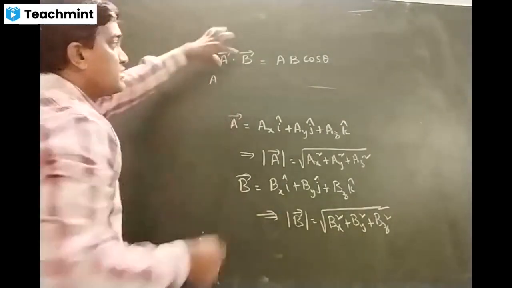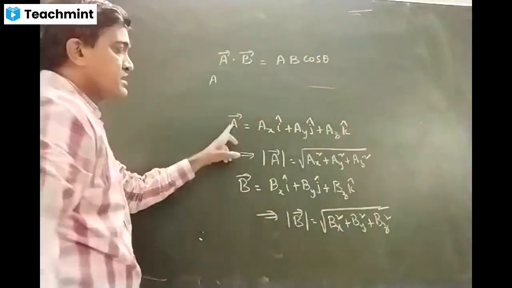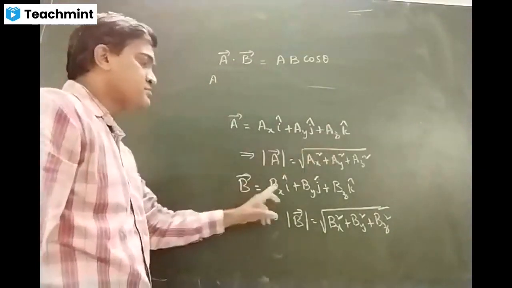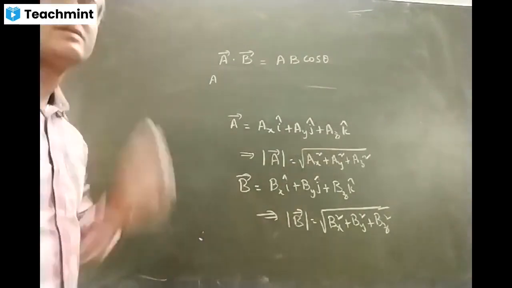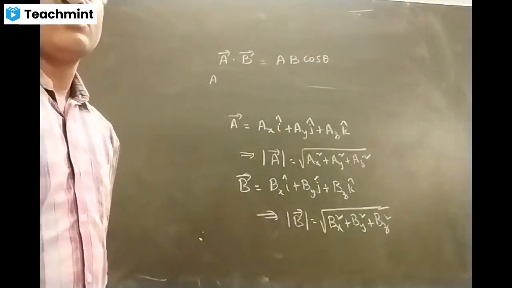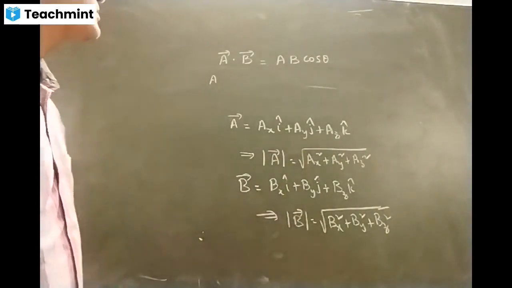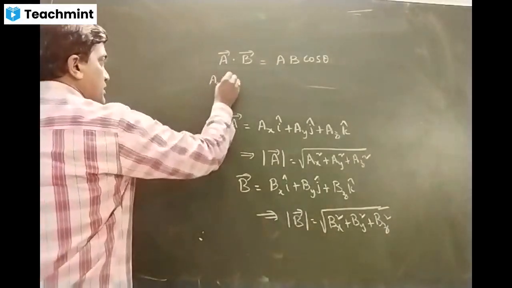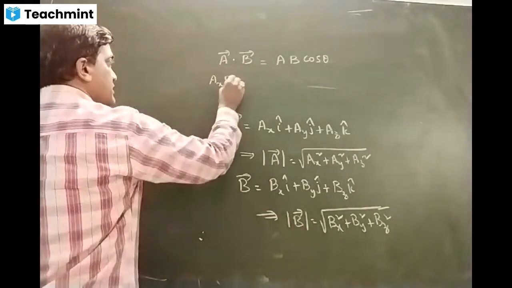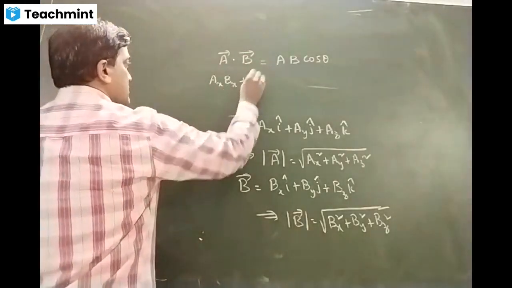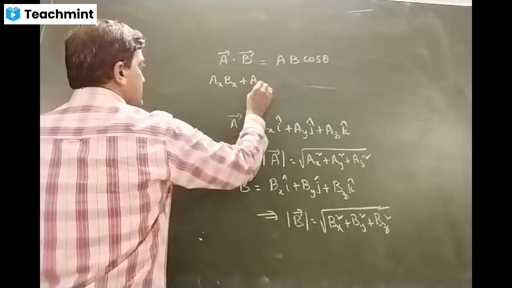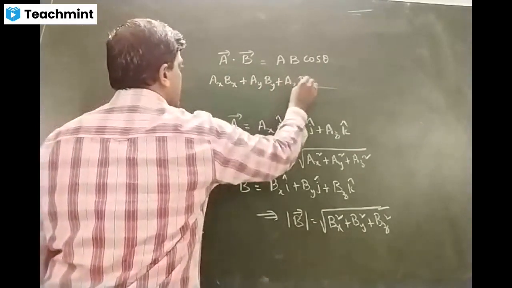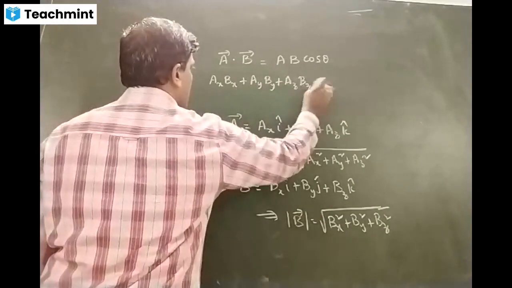Just now we got, if I consider A bar as AX I cap plus AY J cap plus AZ K cap and B bar as BX I cap plus BY J cap plus BZ K cap, the value of A bar dot B bar is AX BX plus AY BY plus AZ BZ, which is equal to